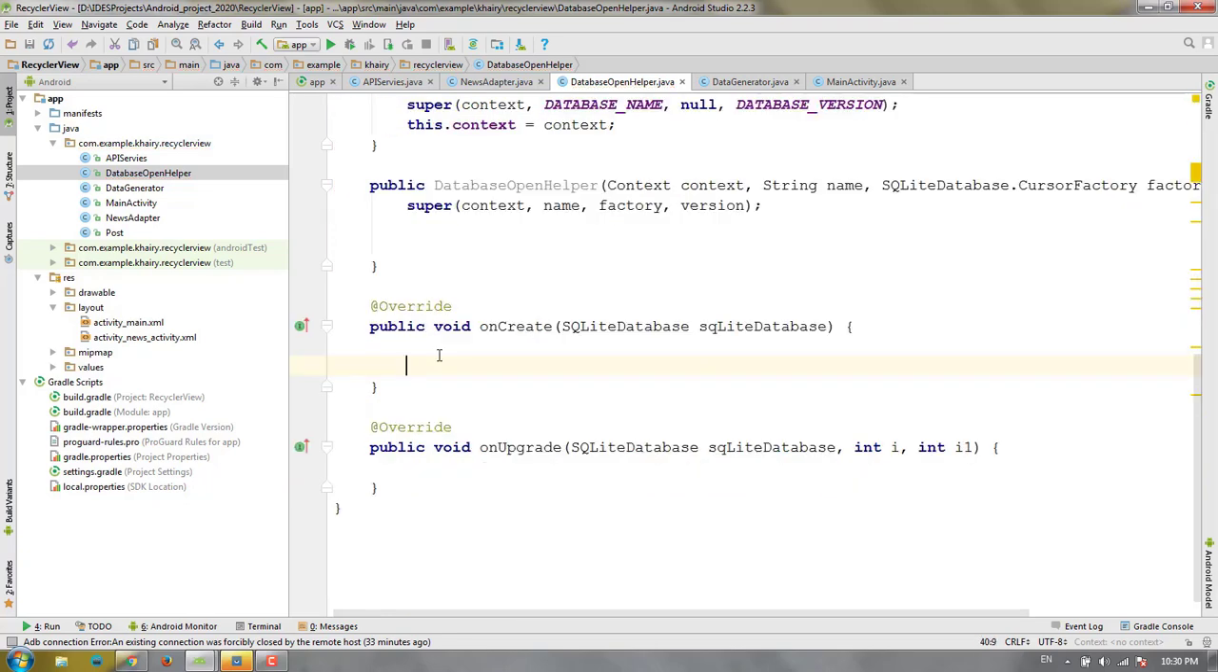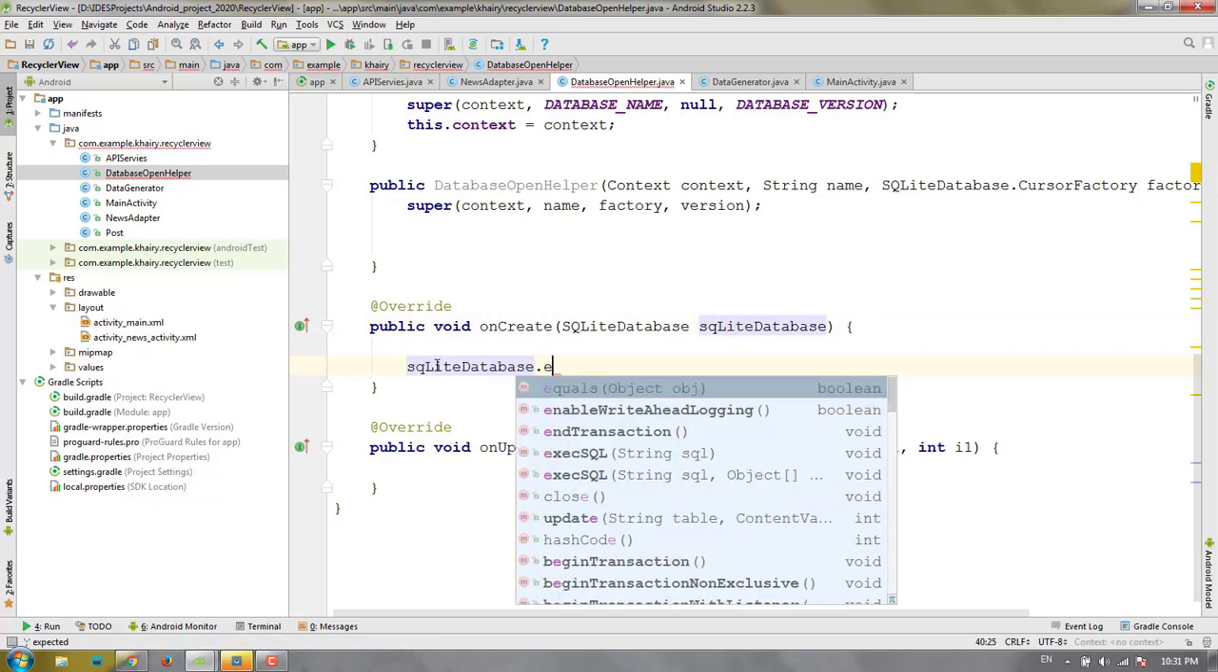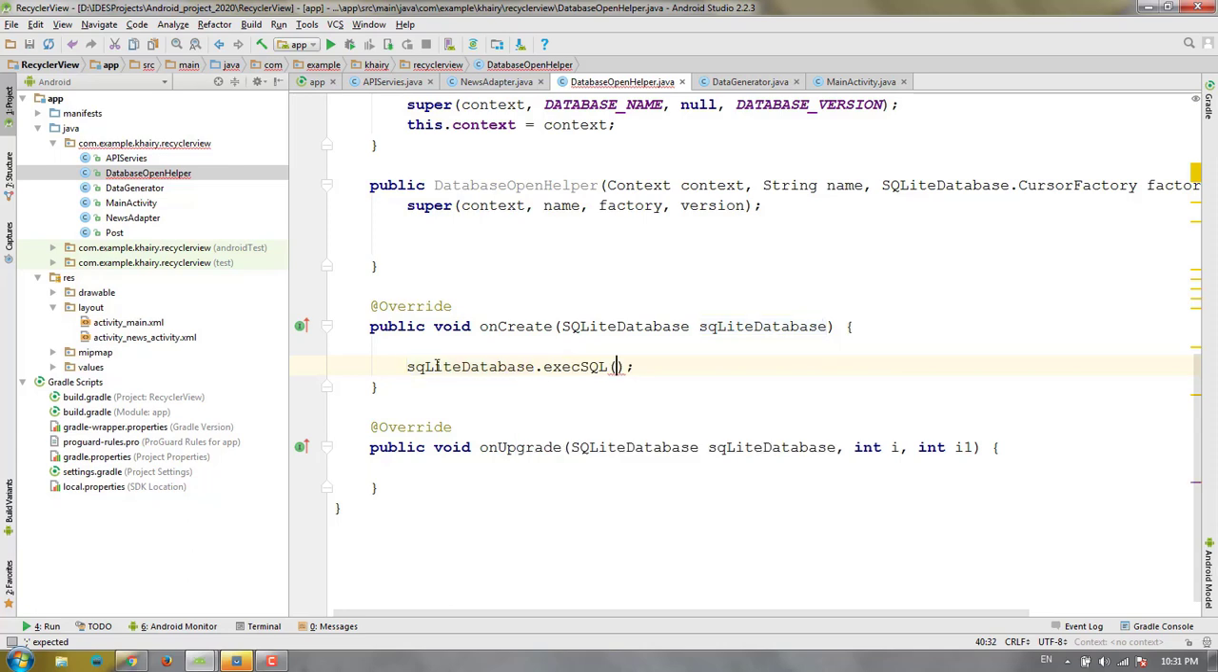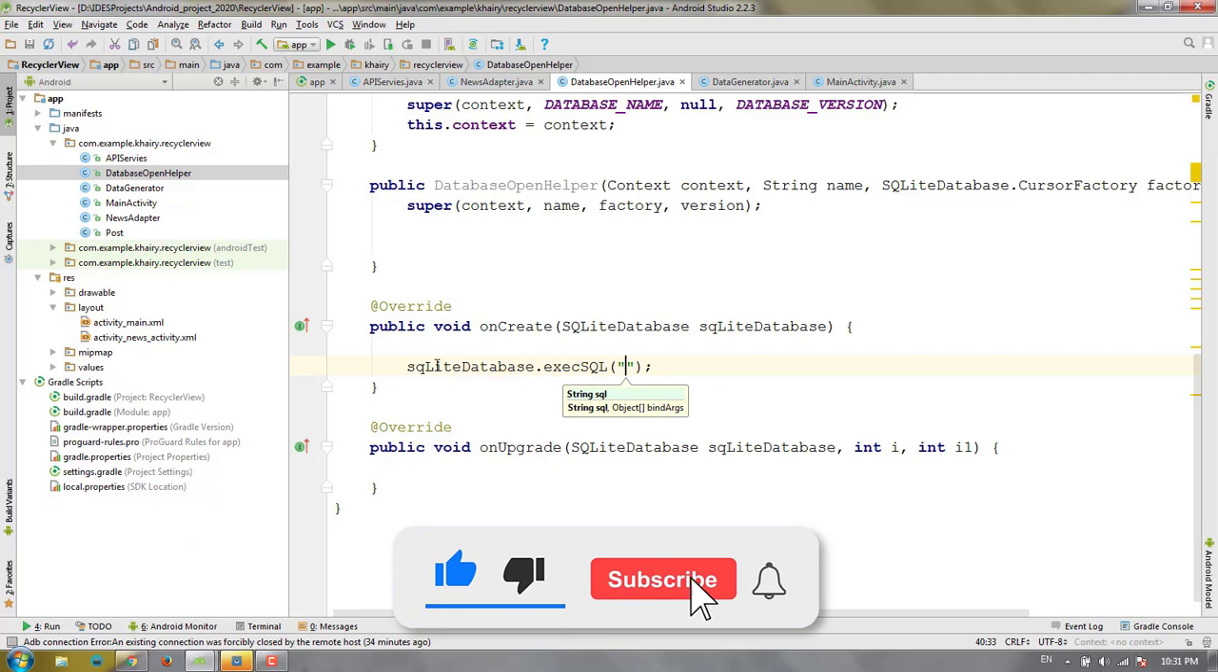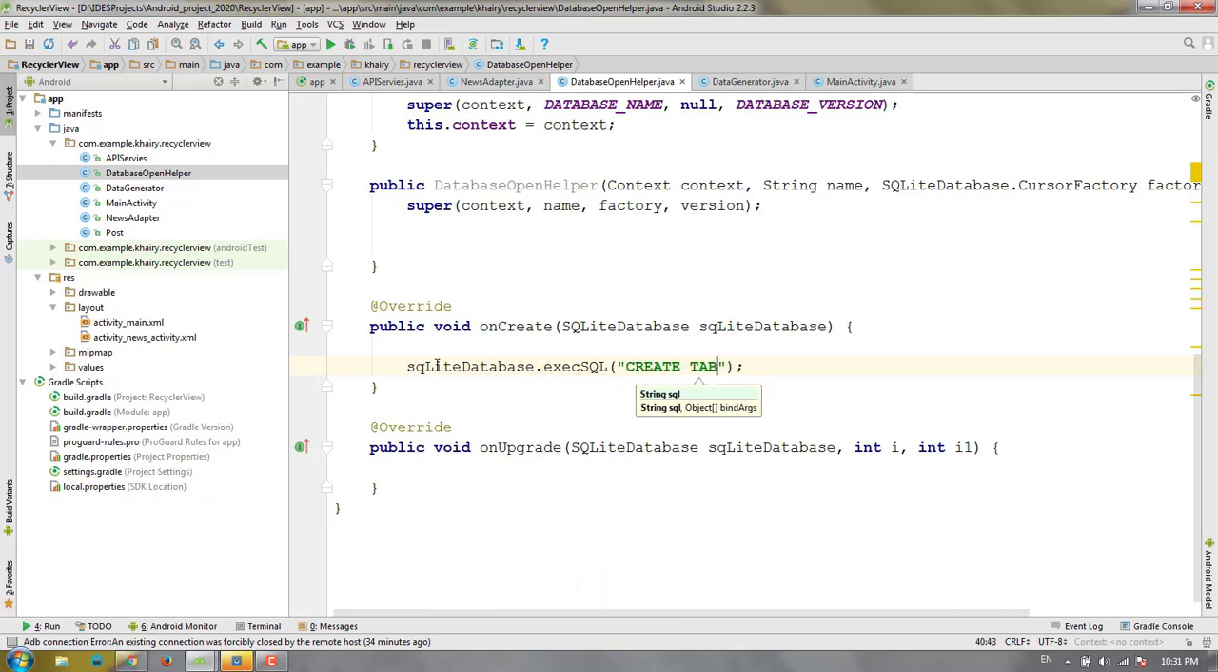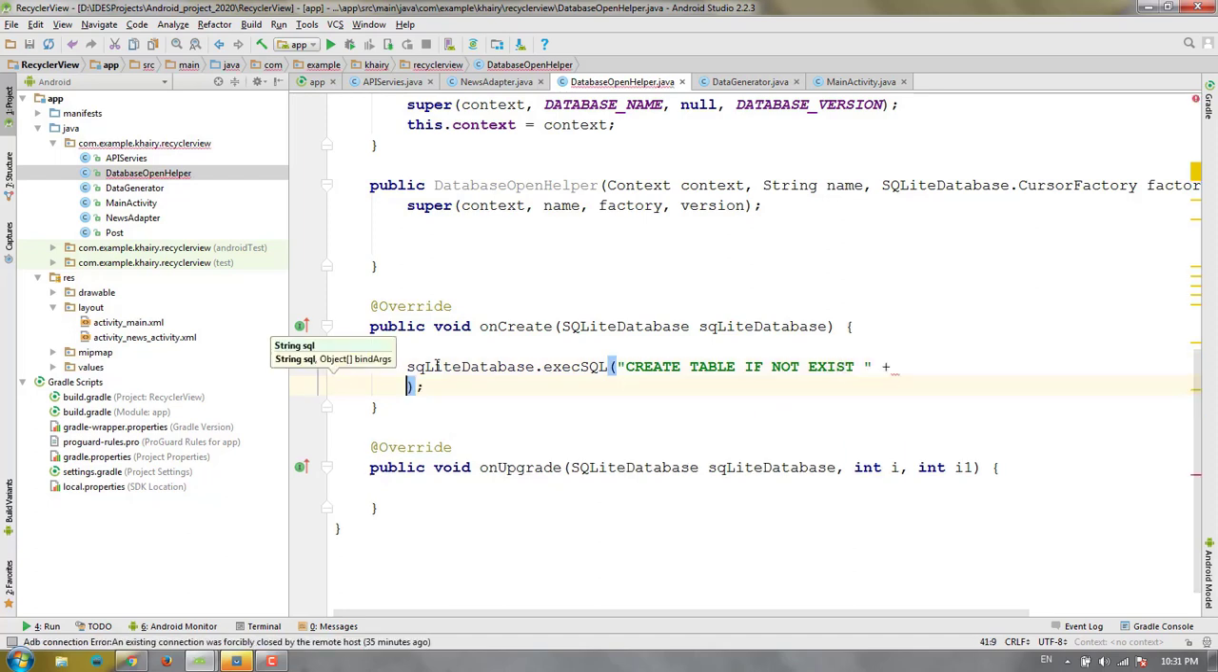Okay guys, and here we need to create the table, the post table. Here is the SQLiteDatabase parameter, and we can create the table using this SQLiteDatabase's execSQL, and in here we can use SQLite commands. Now in here we need to create our tables. We can write create table if not exists, our table name. Here is the table name,